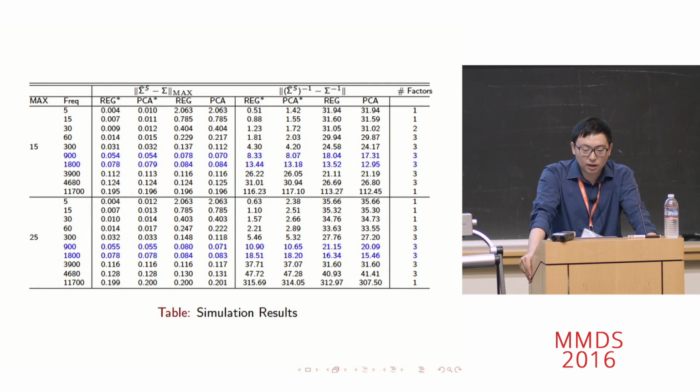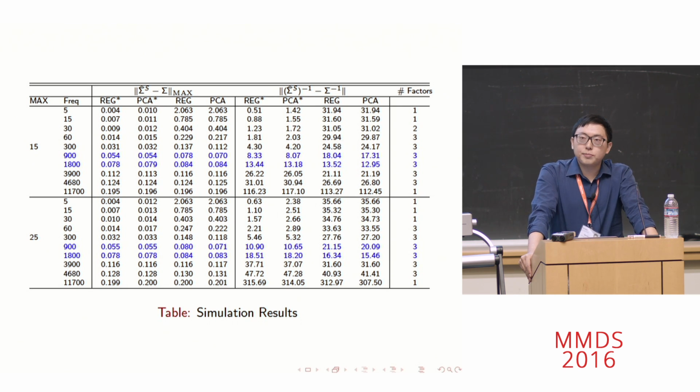And here are the simulation results. The columns with a star on it: REG star stands for regression, which means that the factors are actually known. In simulations, I certainly know the factors that generated my data. And a star means there is no noise and no asynchronicity, so this is basically a very ideal case. The PCA star means I'm using PCA without knowing the factors, with no noise. As you can see, the PCA star and the regression star are very close in terms of the max rate and the L2 norm.